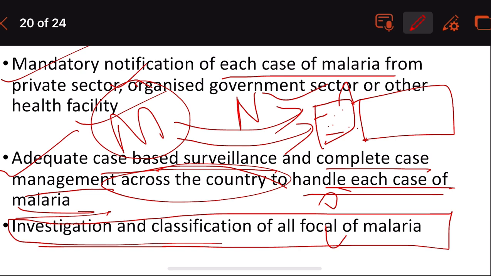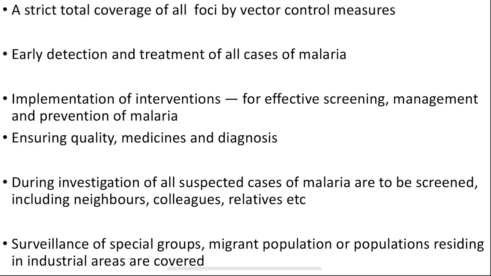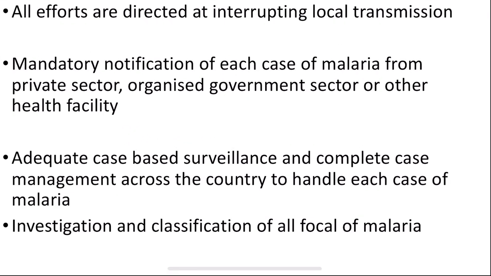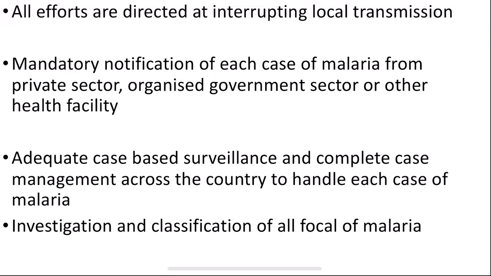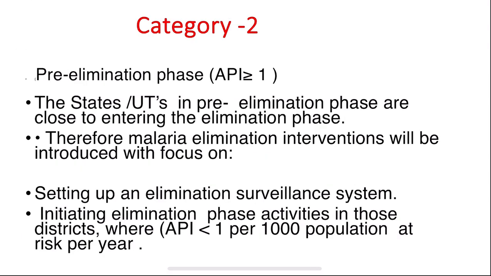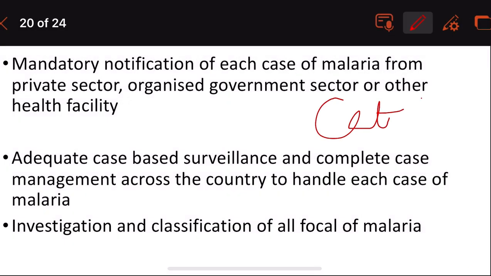Okay, guys? So these are the other interventions. So we see that this is category 1, because they are already having an API less than 1. So all the efforts in category 1 will be directed at interrupting the local transmission. I need to add the title here. That is category 1, which is in the elimination phase, where API in all the states and union territories is